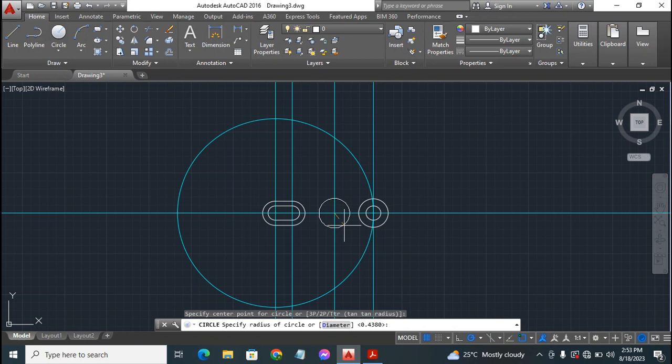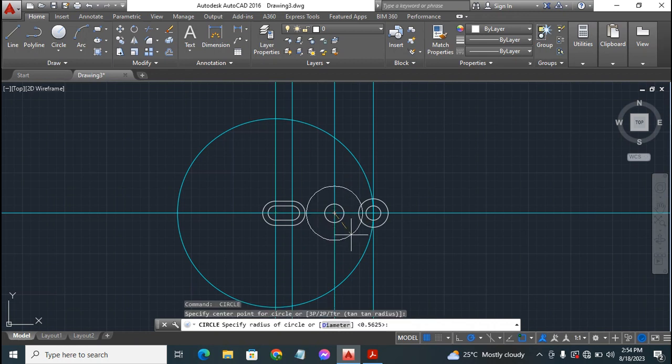So you press D in the command line to tell CAD you want to type in the dimension of the diameter. All right, so you type in D for diameter, then press enter on the keyboard, then type in the dimension, which in this case is 1.125, then press enter, then press the spacebar on the keyboard to re-enter the previous command. Lock your cursor to this center as well, left click on the mouse, then type in